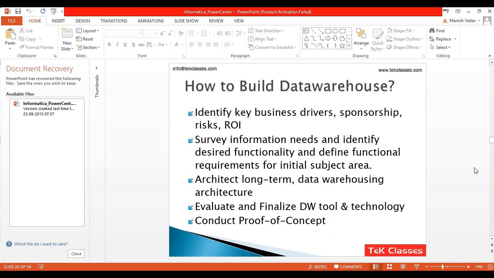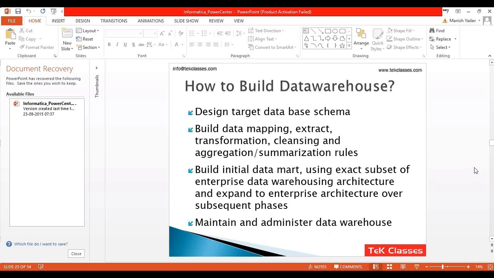So this is just for understanding how a typical project gets started. Now what happens in the beginning? First of all,